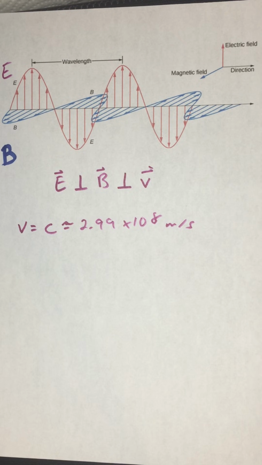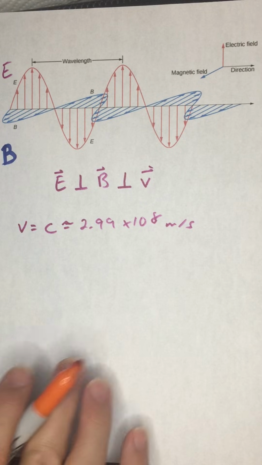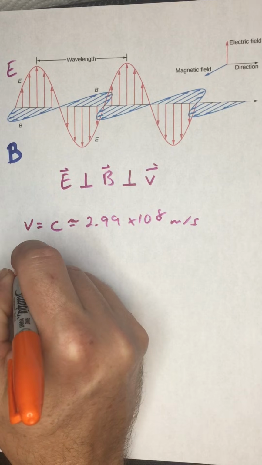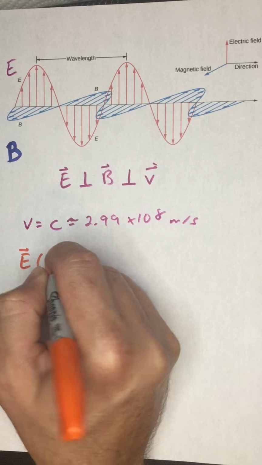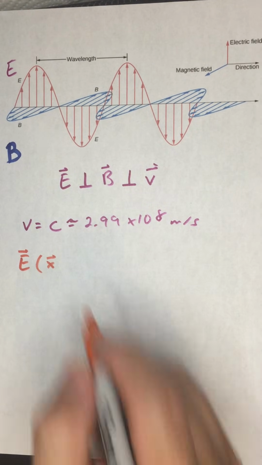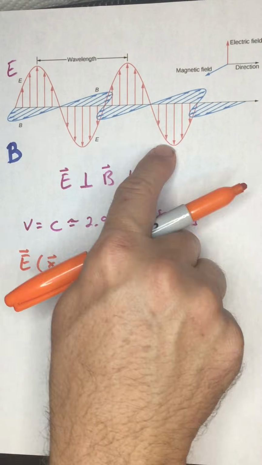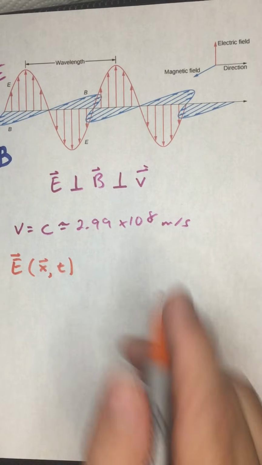Well, there's a couple ways to characterize the waves. Number one, I would say that the electric field and the magnetic field components, since by themselves they constitute some sort of sinusoidal nature, can be described independently of each other, even though they are connected. So let me introduce you to these equations. We will say that the electric field, which is a function of space, which I will write like this, and time. Right? It's a function of position, and it's a function of time because it's changing in time,